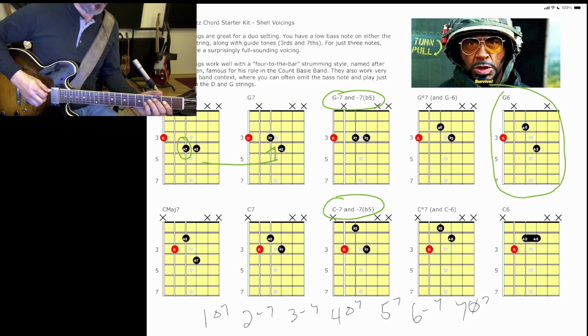The 2 chord is a minor 7. And you go up 2 frets, you have the 3 chord, also minor 7. Then you have F major 7,